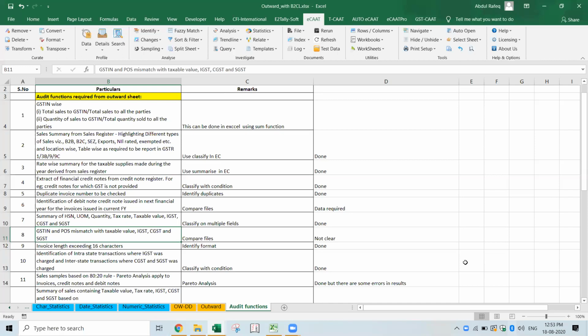In the other case, I am in Telangana as the supplier and the recipient is in Karnataka, so it should be 29. If the number 29 comes, it should be 100% IGST only, not CGST and SGST. As of now, we don't have this feature, but we can add it. In the classifier I showed you, I am getting this based on the GSTN of the receiver.